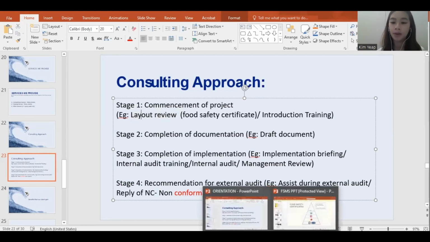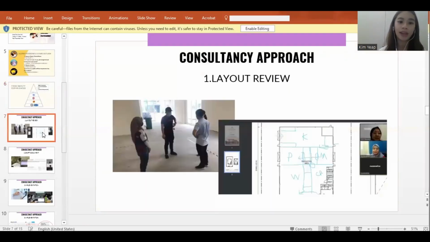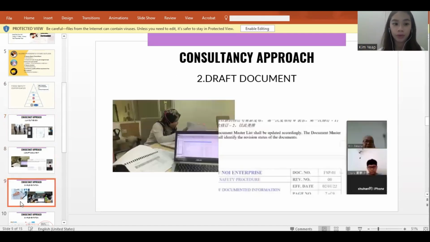Perhaps I do have some examples to show you. So just now I've been telling you what our consultant does. To give you a little bit more of the idea, let's use pictures to help you picturize. Still remember this one, when it comes to non-food certificates, we will not do this. We'll straight away do this. Okay, where is my training?